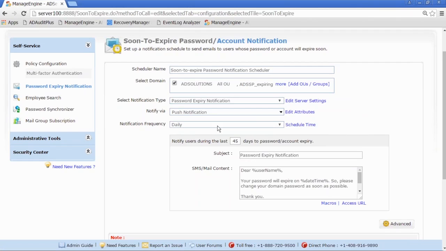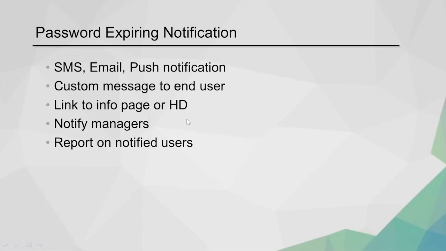You can also set up a schedule on how often you're going to send out these expiry notifications. With Microsoft, it's just every day, and you can't really modify that. It starts at a certain day, and then that's it. We give you the ability to go in and really lay out the schedule that you want for this.